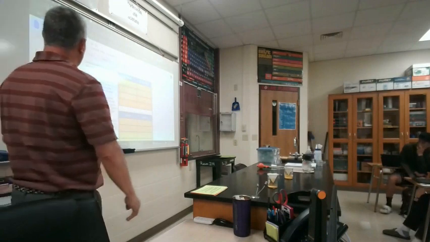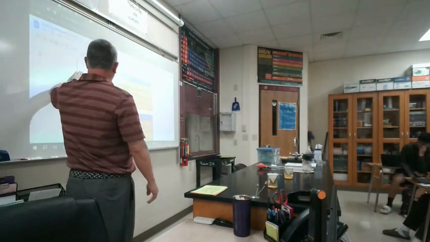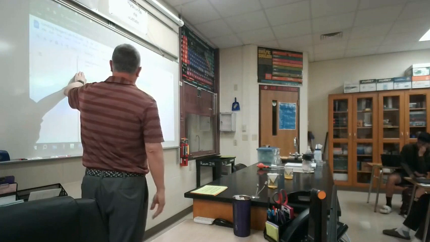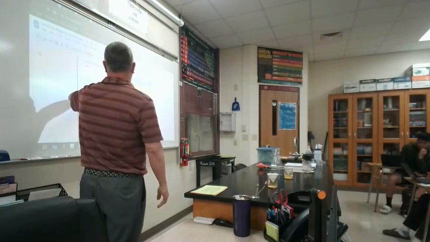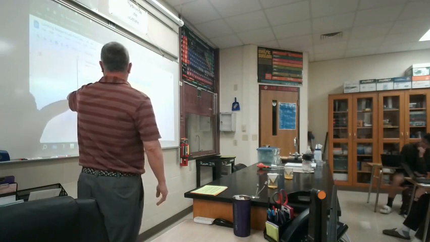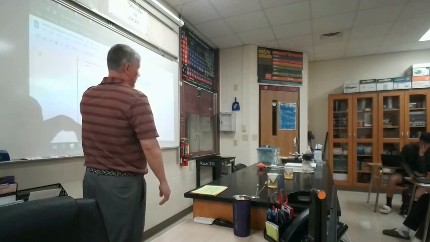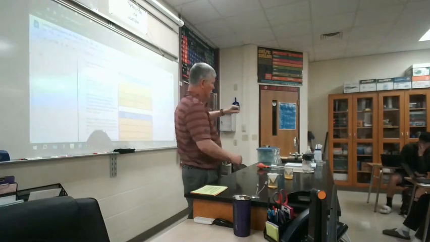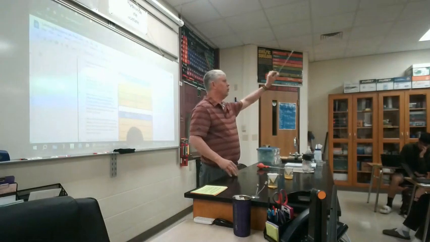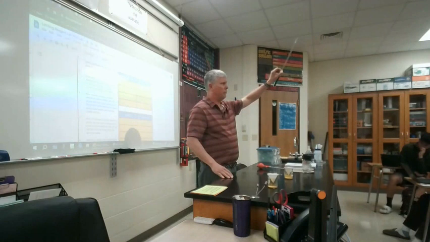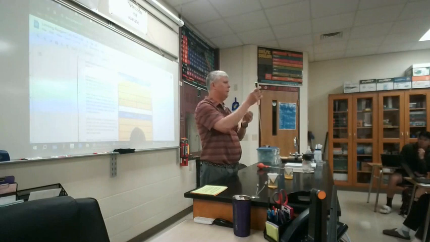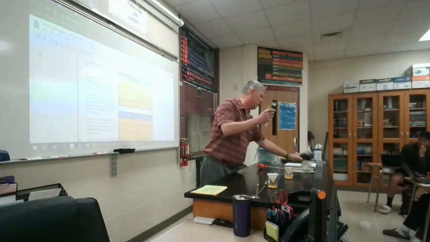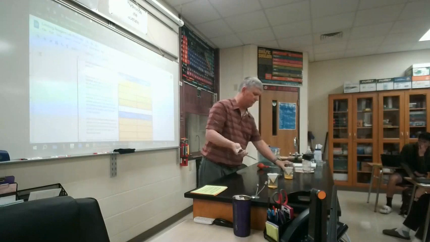Using a clean 10 milliliter pipette and bulb to be used only for the lead nitrate solution. Measure out exactly 10 milliliters of well-mixed lead nitrate solution and add it to your beaker. So the lead nitrate is the one with the green pipette bulb. The bulb should be all the way down. That white handle should be all the way down when you put it into your solution, ladies and gentlemen,